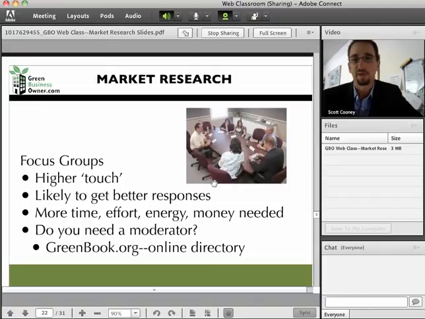At a slightly higher level, you can get into a little bit more market research around focus groups. So there's a lot more touch involved with this. If you sit down around a table with a group of people and start asking them detailed questions about things, you'll learn a heck of a lot more than you will in an online survey when the person sits down at their desk at 8 o'clock at night after a hard day of work and their kids are bugging them for dinner and the TV is on and they have a magazine open and the phone is ringing. You'll get a lot better data if you get somebody's focused, undivided attention. So this is what we mean by higher touch. You're just likely to get much better responses.